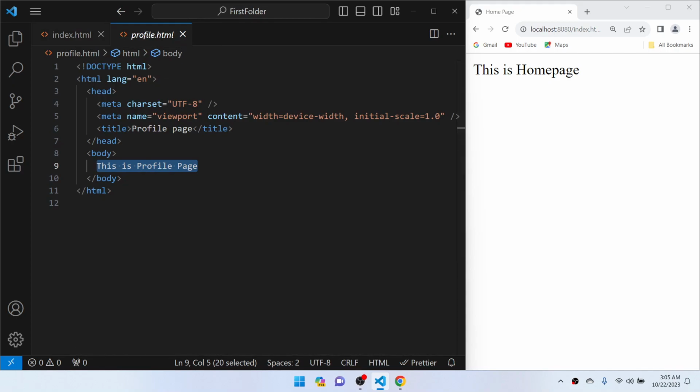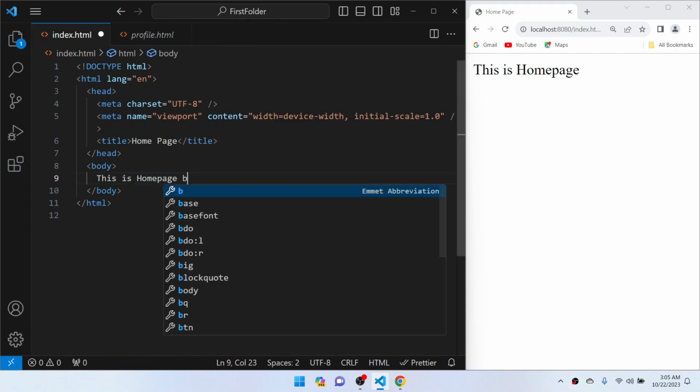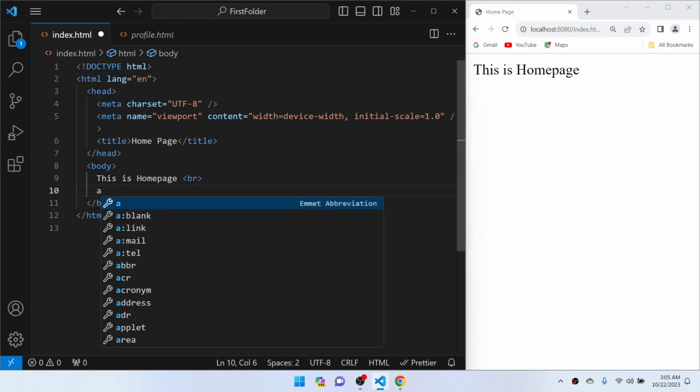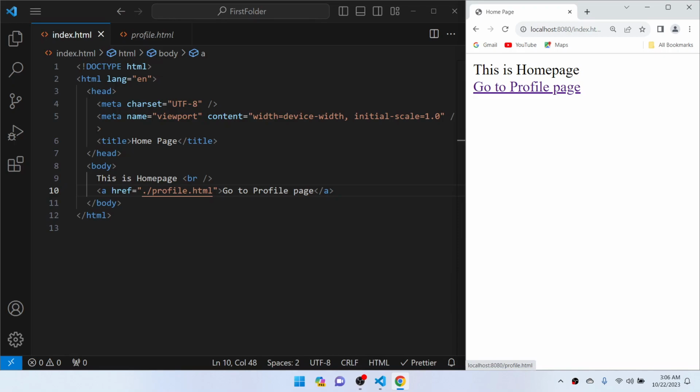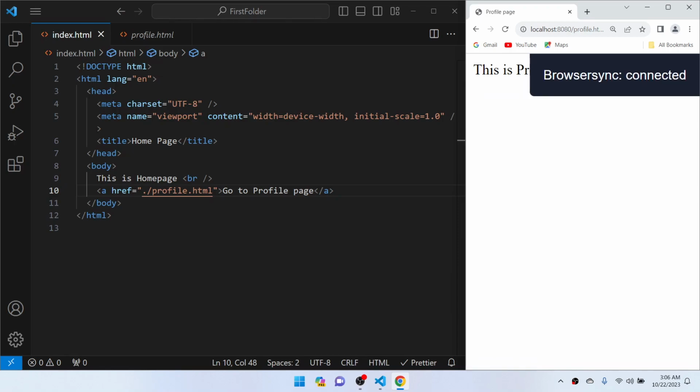So let me go to the index.html file, add a break tag, and here write an anchor tag, and in the href attribute give the path of our profile.html file, and in between the opening and closing anchor tag write "go to profile page". Save the file. You can see a link which says go to profile page, and if I click on this, we are navigated